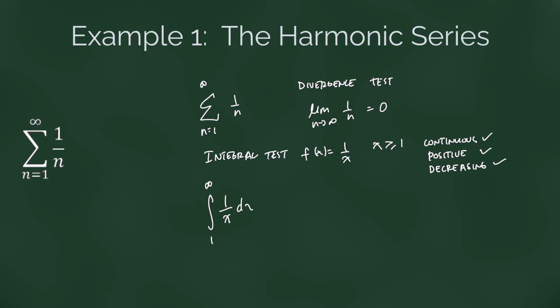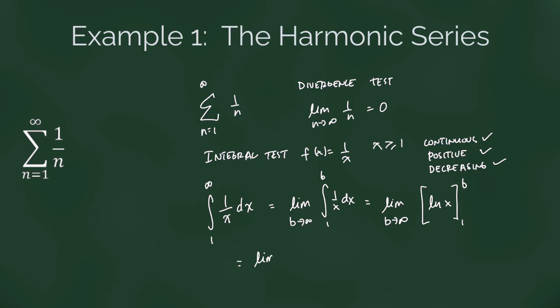Now, you may know something about this integral based on the p-test. We'll go ahead and work through the details. We know that this is the limit as b goes to infinity of the integral from 1 to b of 1 over x dx. And that is going to be equal to the limit as b goes to infinity of the natural log of x evaluated from 1 to b,